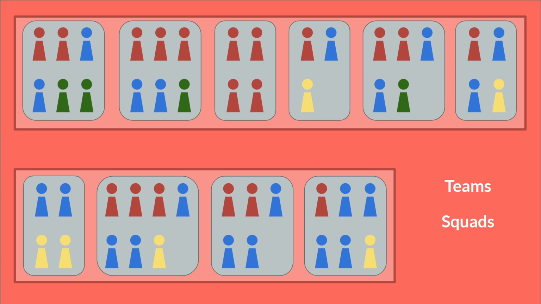So maybe that top team is working on a suite of projects, but there's one squad inside of it that focuses on just one part of one piece of that suite of software. They pick just one program in it, or just one part of one program. And so if we look at these different colors, we can say maybe each of these represents a different role.